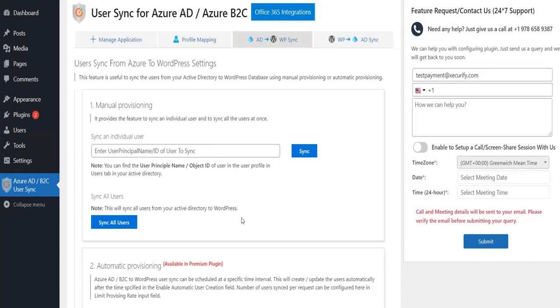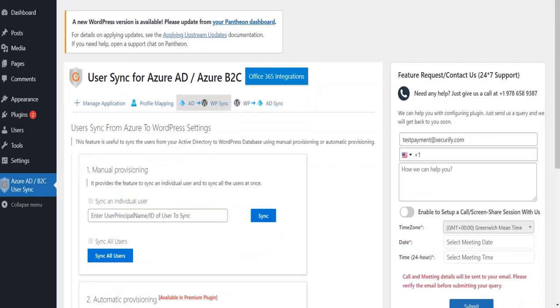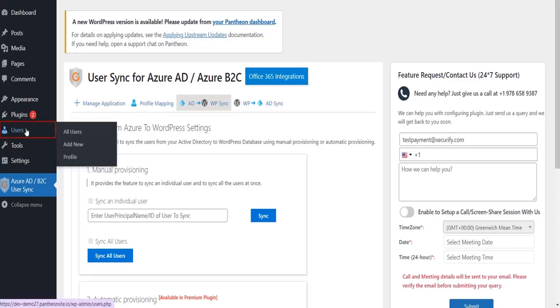To sync all users from Azure, click on Sync All Users button to sync all users to your WordPress site database. The user will be created in the WordPress. If the user already exists, then it will get updated. Now to view the user attributes which you have synced from Azure AD to WordPress, navigate to the Users tab